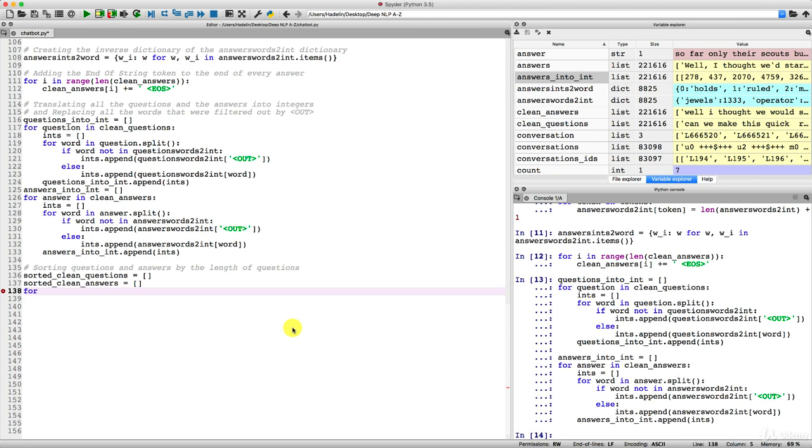We'll see what happens. Don't worry, if we don't get good results, we will always go back in our code to improve the chatbot in the end. So there we go. I'm taking my loop variable that I'm calling length, and that will go in the range from 1, the shortest length of a question, up to 25 plus 1.